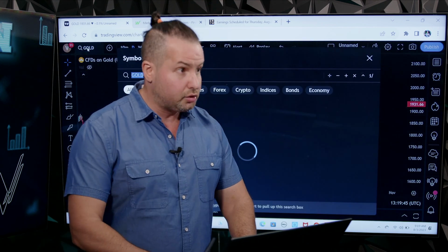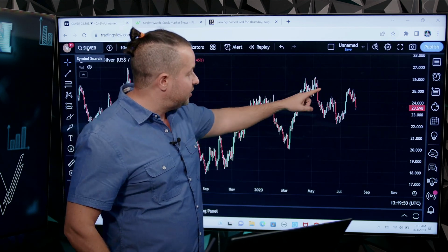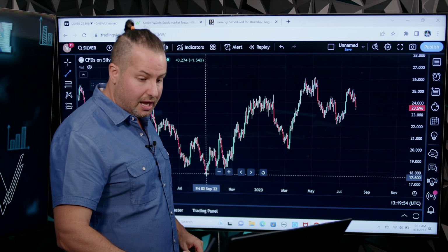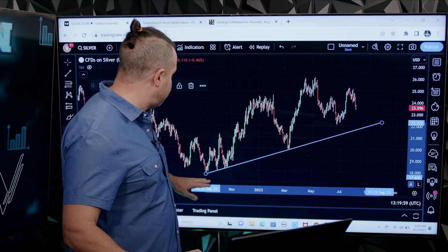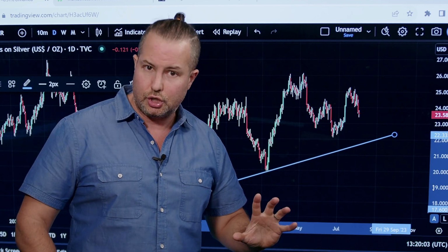All right, let's go to the silver chart. And again, silver is continuing to come down. I have a key trend line I'm watching where I'm considering buying a long position on silver. Take a look at this trend line here. If price comes down to this level, around 22-ish, that is a